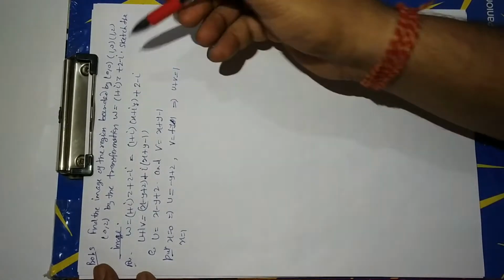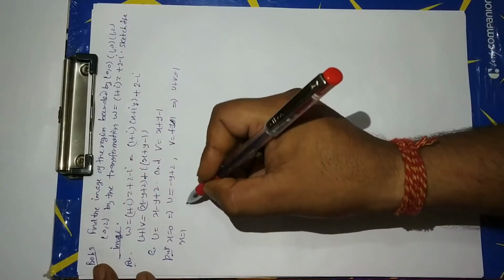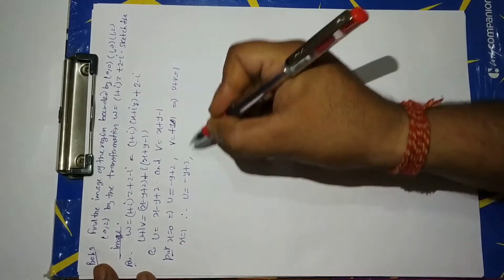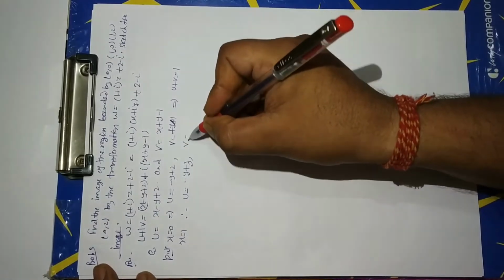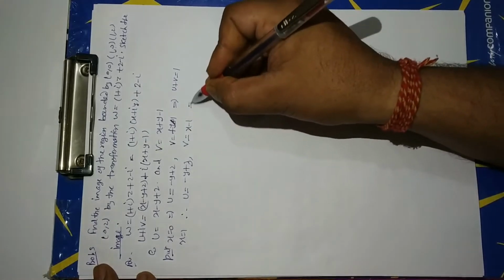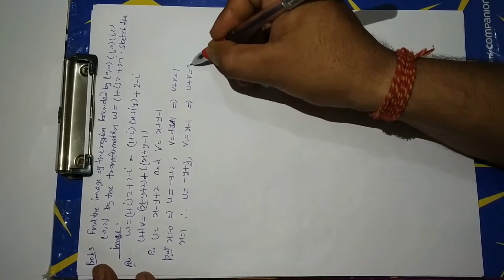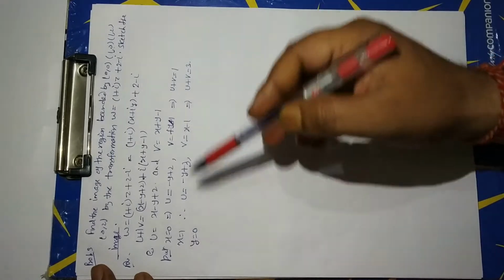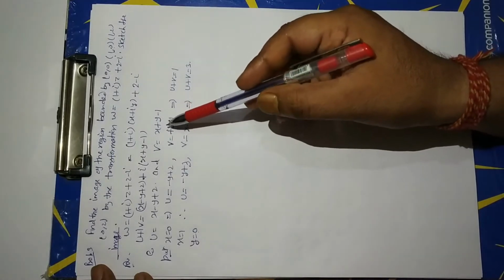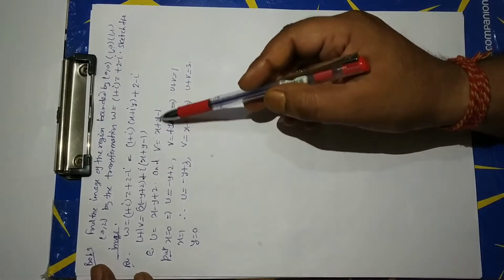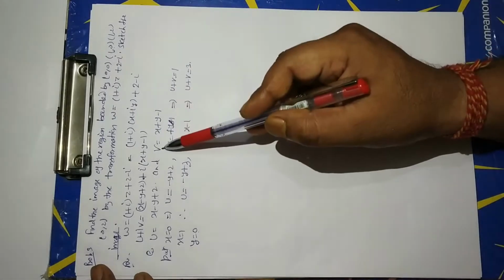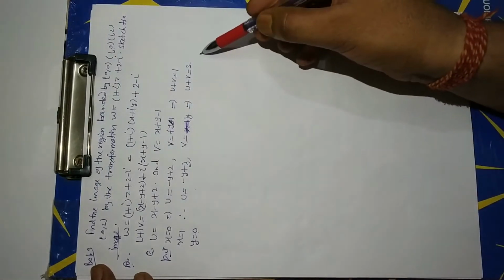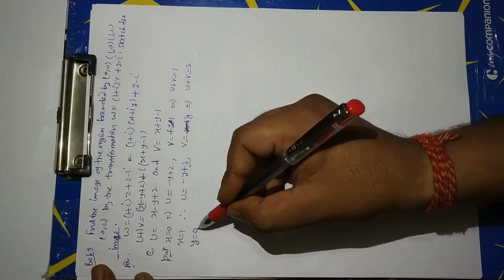Now x is equal to 1 for the second line. u equal to -y + 3, v equal to 1 + y - 1, that is v is equal to y, implying u + v is equal to 3. Sorry, this was wrong at first. Since y is equal to 0 in this, we get x is equal to 1, then 1 cancels by 1. Now v is equal to y, v is equal to y. Then u + v is equal to 3. Now y is equal to 0.